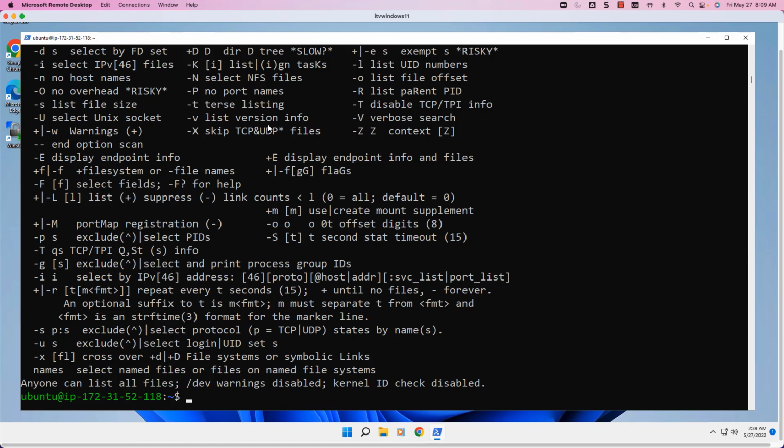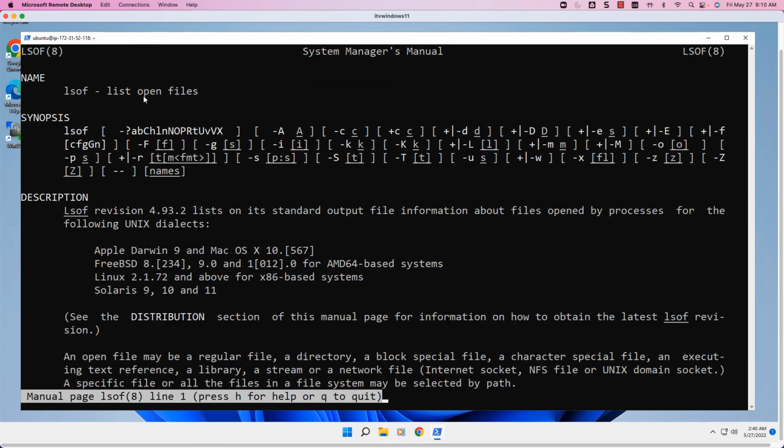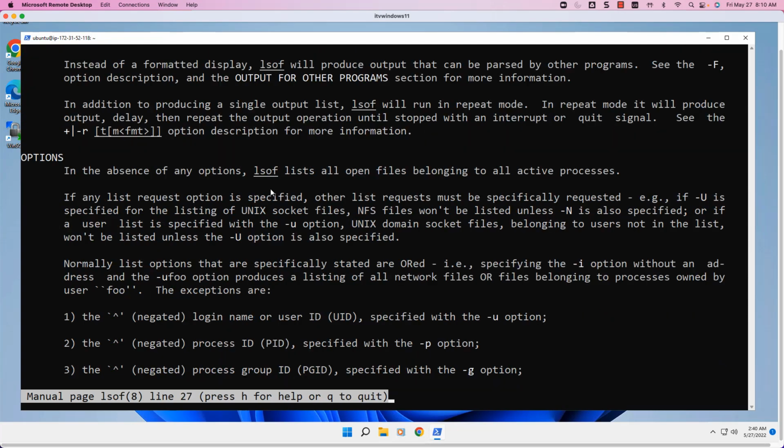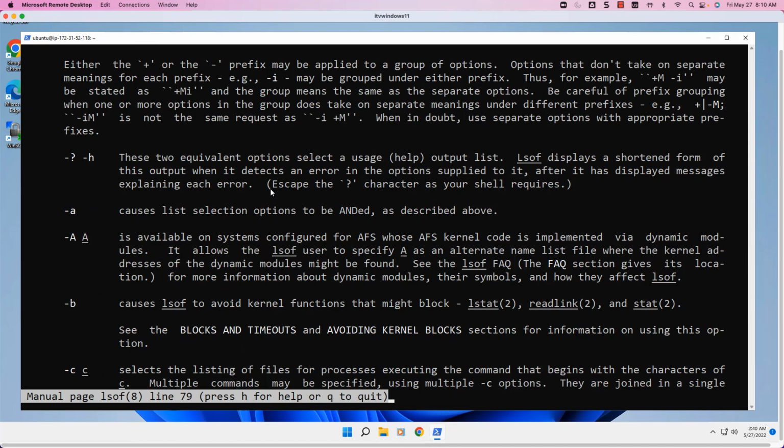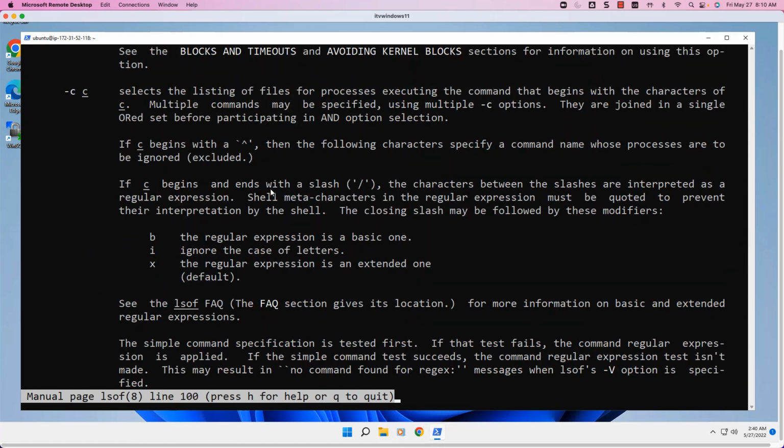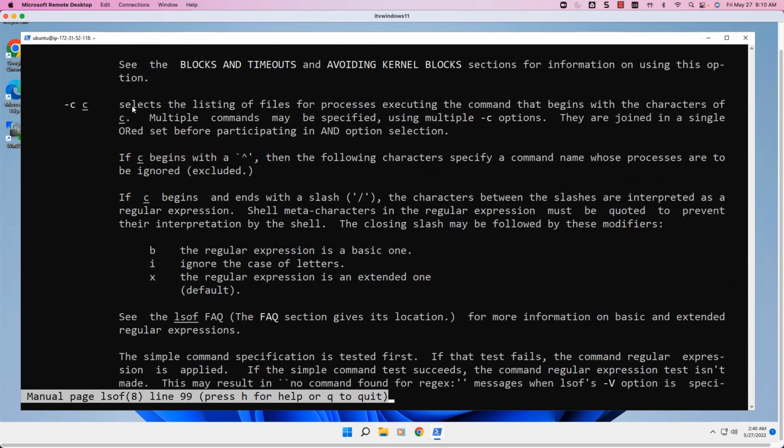To read the documentation and understand the control arguments based on your requirements, you can always go to the man page. You can say man lsof. You should be able to review the details. You can see the description of this command. It is primarily to list open files. You can see all the control arguments that are supported with lsof. You can also review the description of control arguments related to lsof. I have already mentioned -c. C is for command. You can read: selects the listing of files for processes executing the command that begins with the characters of c. You can also see an example by saying